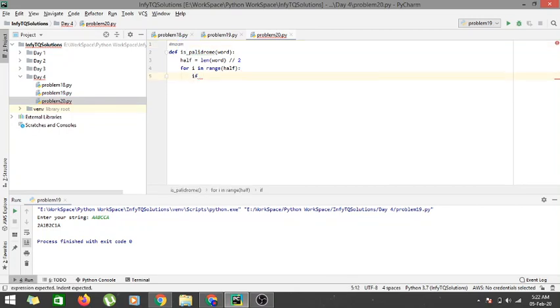If word of i is equal to word of minus i plus 1, we can also, instead of minus i plus 1, provide len of word minus i plus 1. But since in Python we can do negative indexing in order to traverse a string from the back, I'm doing minus i plus 1. If they are equal, so if we are checking for equal,